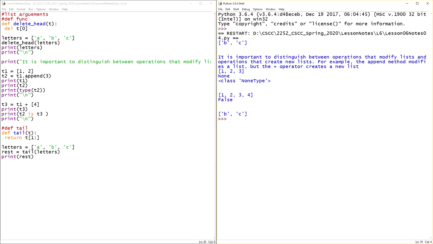Here we can create some functions to later on use on lists. The first function we're going to create with the def command, and we're going to name our function delete_head. We're going to give it an argument of t. We're going to say del t[0]. So what this function will do is remove or delete the first object in any list that we have,